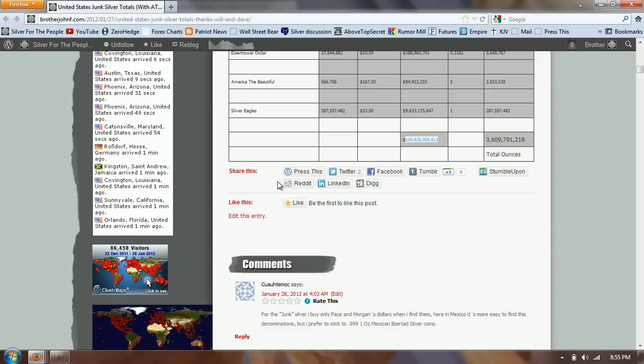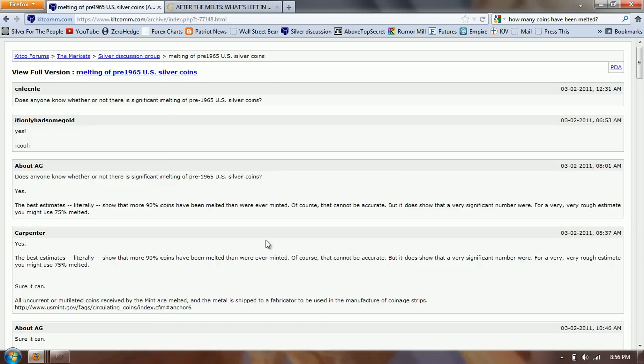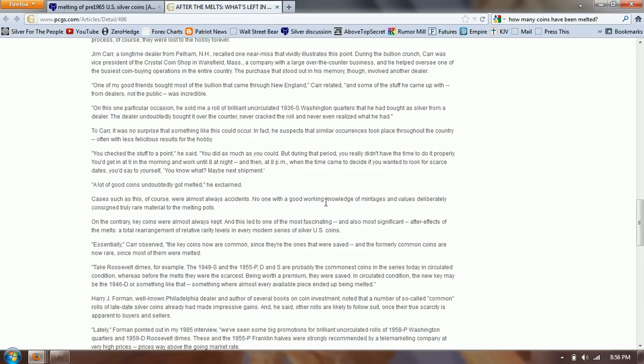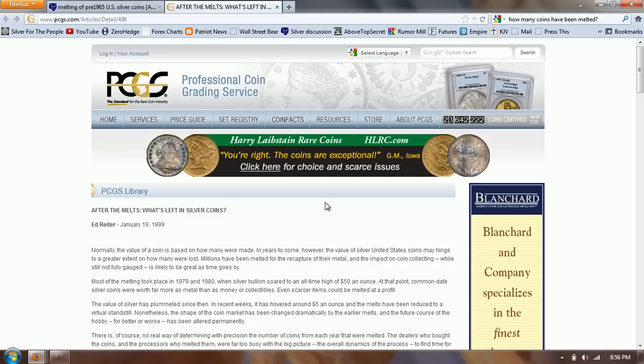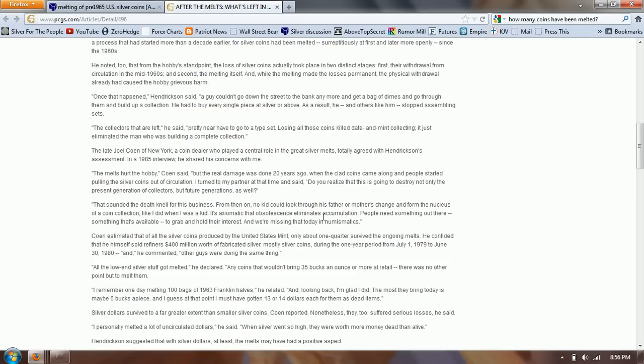But I really wanted to delve into that issue of how many there were, because of course one of the investments that silver stackers are making is stacking some of the junk silver bags and things like that. So I came across a couple articles. It's really very sketchy to get the information. The first one that I wanted to read is called After the Melts, and this is from back in 1999, but it goes through some